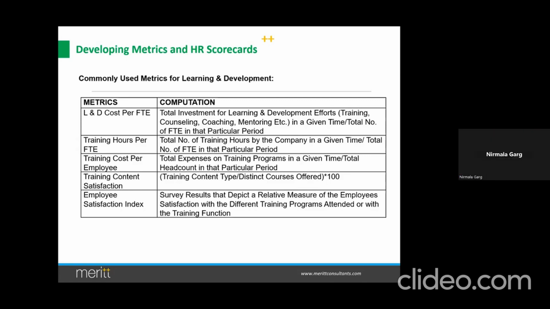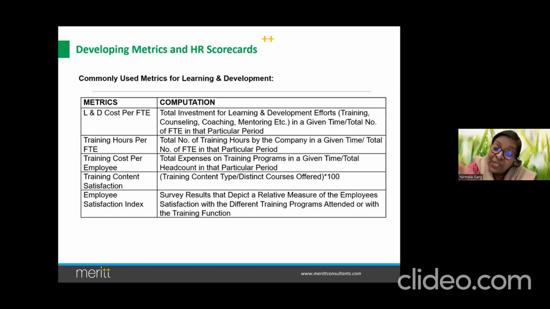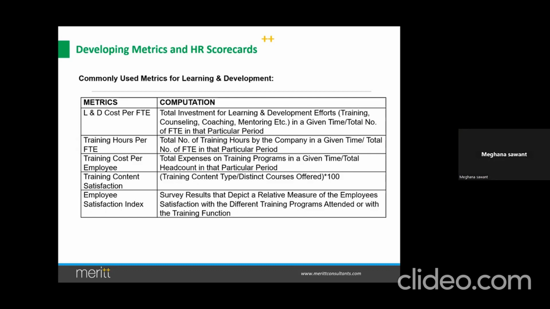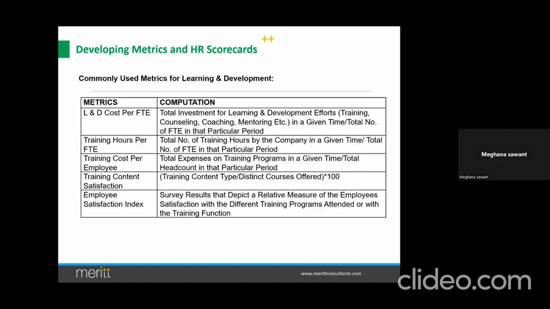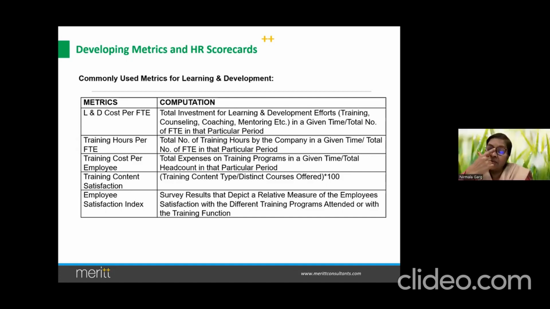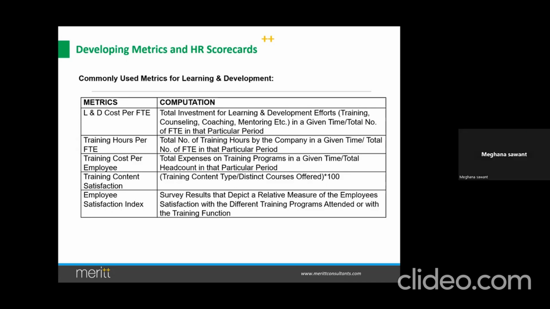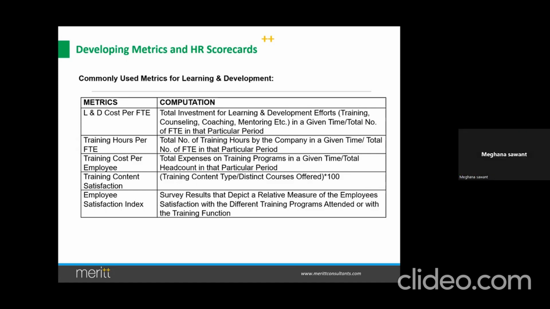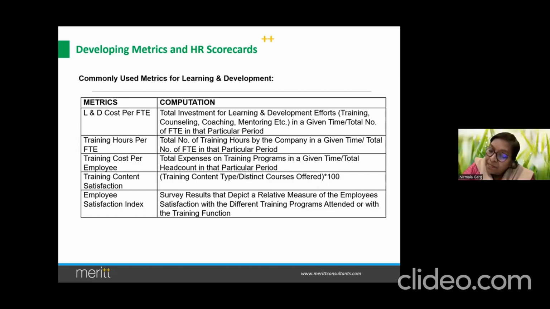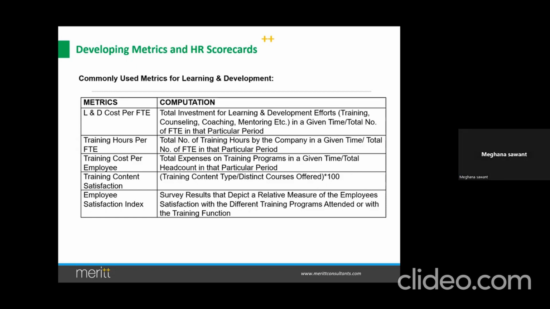You can see his performance before the training and his performance after the training. You can't measure immediately. You have to give him three months at least to see. Then you can track the performance and see the effectiveness, right? If I have to talk about the balanced scorecard of the L&D role, as the target, we can link this effectiveness.